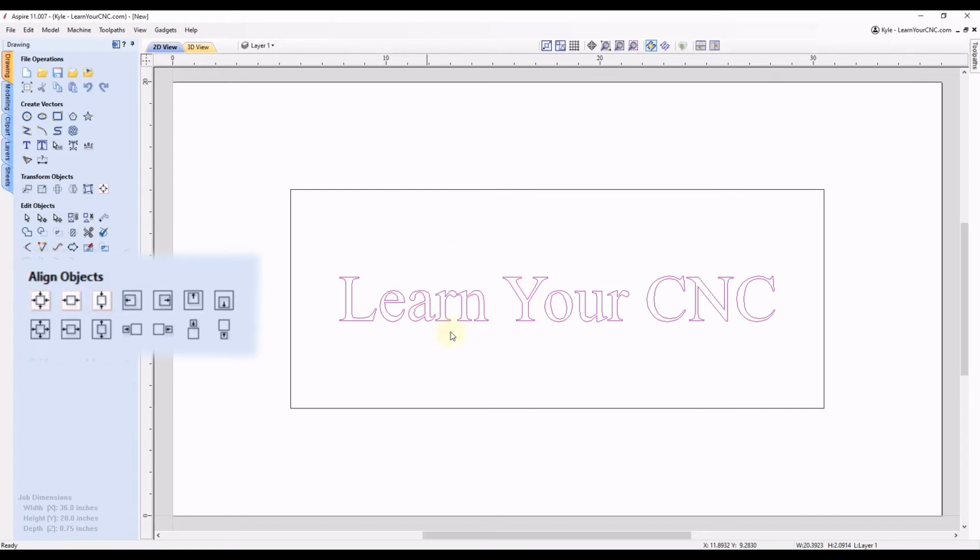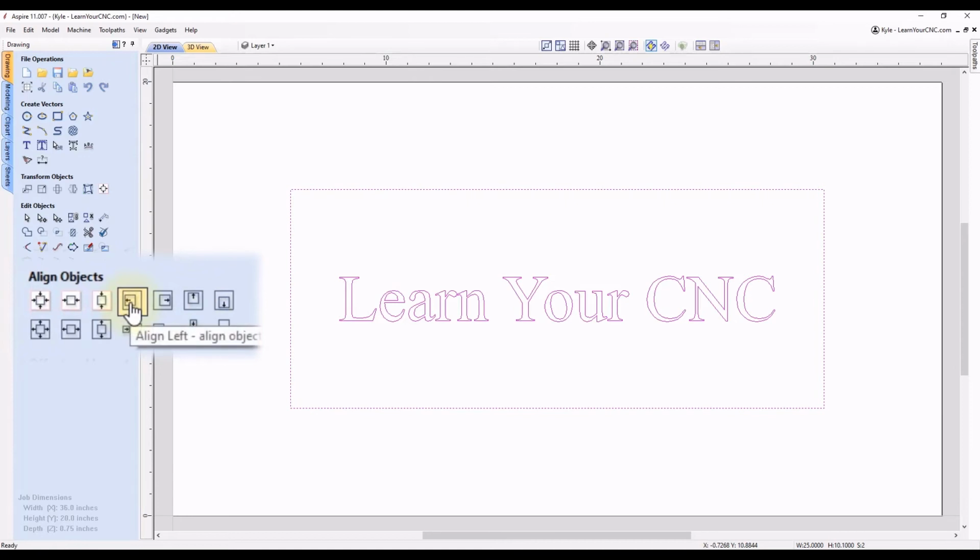And now if you wanted to align a shape to another shape, you can first select the shape that you want to move. So let's say this text we have selected first, and then hold your shift key in and select the object that you want to align it to. So the last object selected is not going to move. The first object will move. So with those two selected, you can click any of these buttons in here to align it.